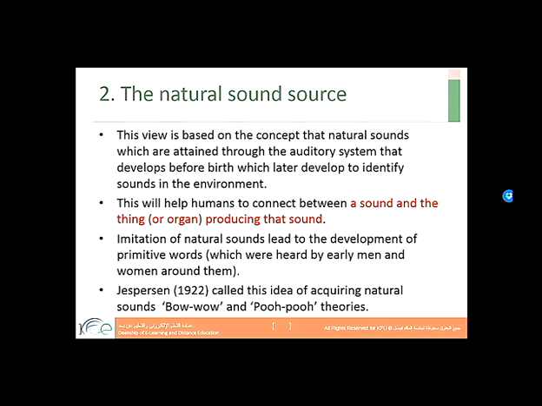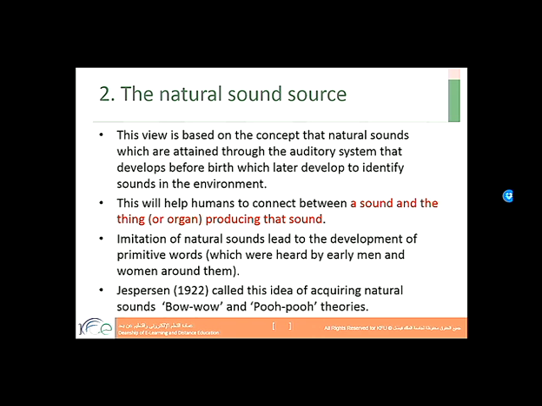Let's move to the second source regarding the origins of language. The second source is what is known as the natural sound source. What we mean by this view is based on the concept that natural sounds are attained through the auditory system that develops before birth, which later develops to identify sounds in the environment.